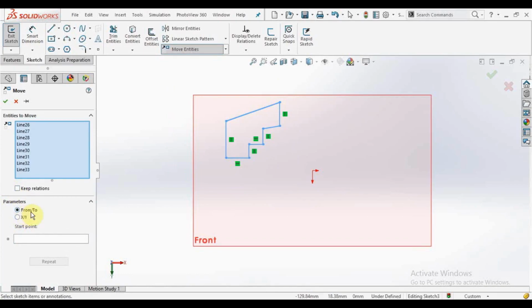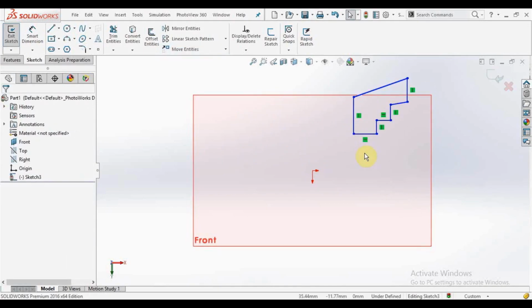From-To means a free point, or XY is in which axis you want to move how many mm. So let's say From-To means the start point, this point is our start point. So click on it and drag your mouse to wherever you want to move your sketch.